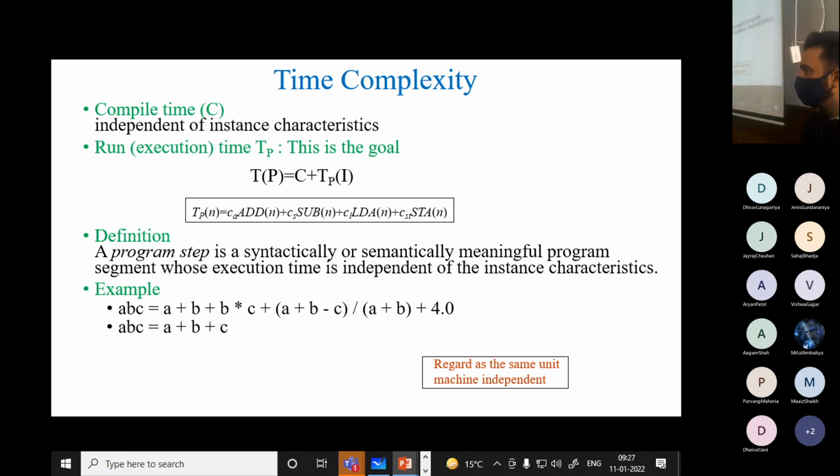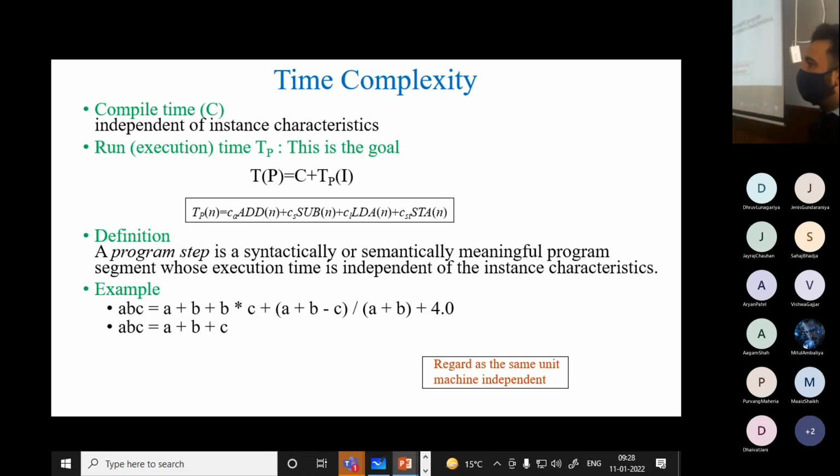Suppose we are writing an algorithm and it contains some arithmetic operations like addition, subtraction, load, store. These are the actual functions which an algorithm does. कोई काम ही तो करता है ना, अर्थमेटिक ऑपरेशन ही करता है. तो अगर हमें पहले ही पता हो कि इस एल्गोरिथम में there are those functions like addition, some functions of subtraction, some functions of load,